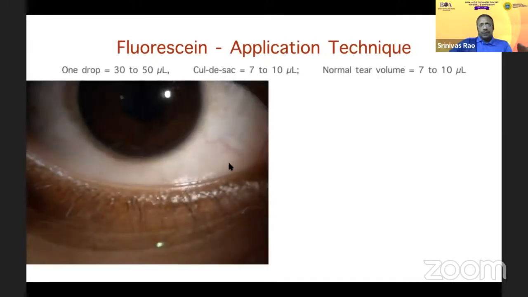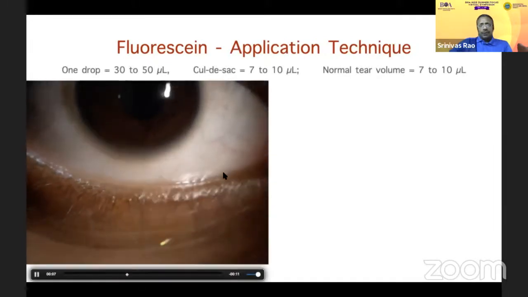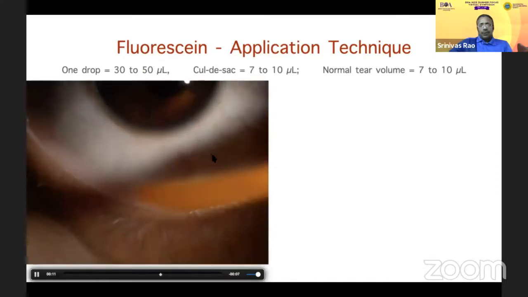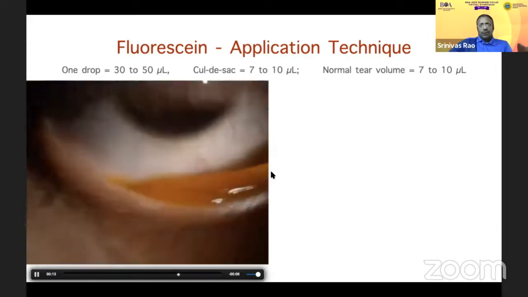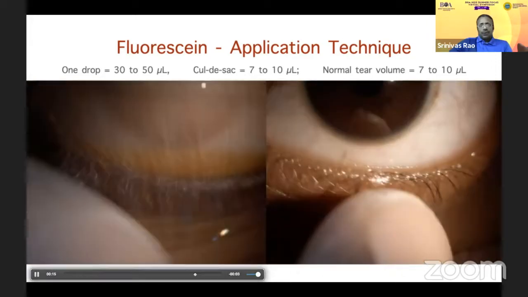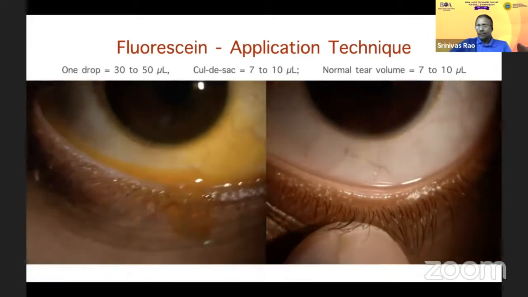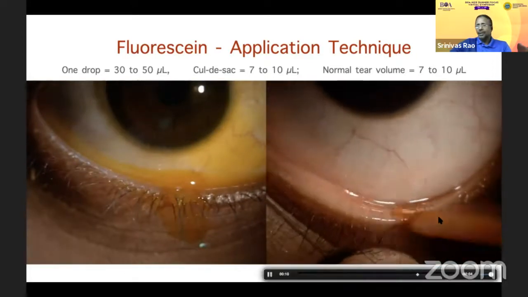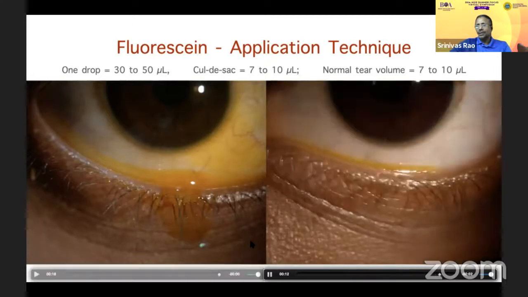These are two techniques that you can use. In this first technique, in my clinic assistant who has a normal surface, I'm putting one drop, which is 30 to 50 microliters, on the ocular surface, just putting the drop from the strip. Whereas the more ideal way would be to take the drop on the fluorescein strip and then shake it off vigorously a couple of times and just put this 1 to 2 microliters on the lid margin.